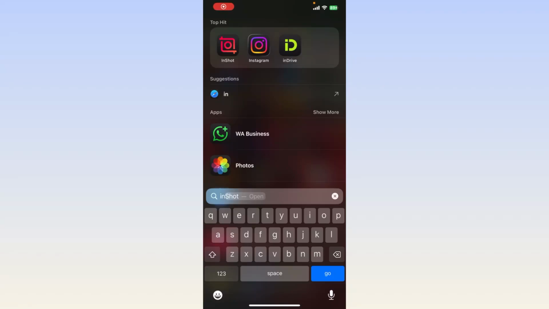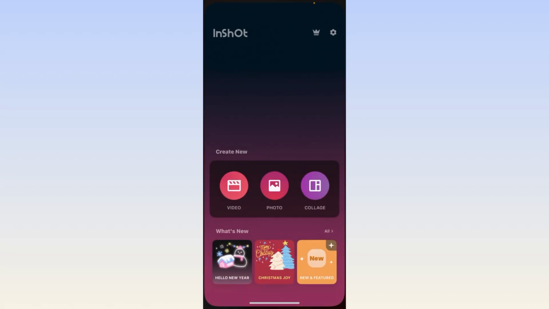How to remove background noise in InShot app. So first thing first, let's open the InShot app, and I assume that you have already downloaded the InShot app